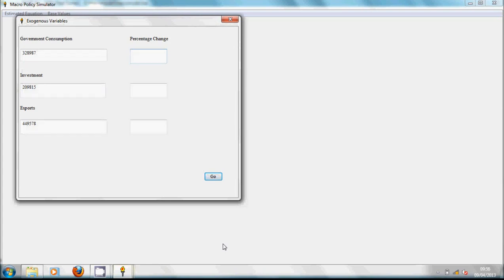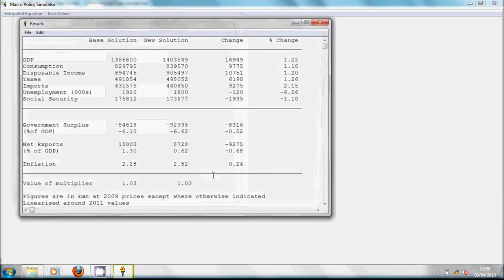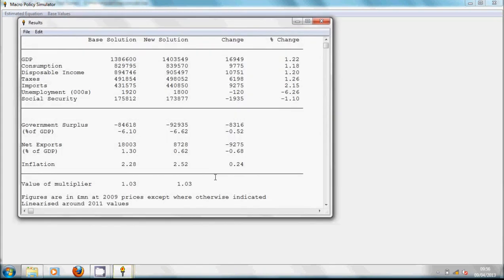For example, if we want to analyse the effects of an increase in government consumption expenditures, then we could change this by a given percentage value. Suppose we wish to change government consumption by 5%, we would enter 5 into the dialog box and click on Go. The model then solves and gives us a base solution and a new solution with a different value of